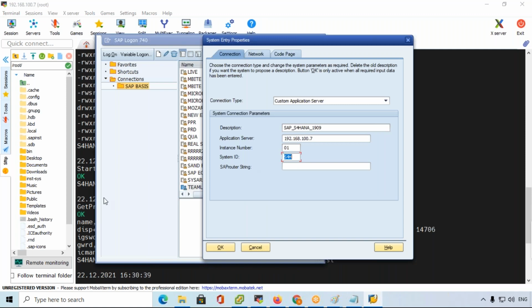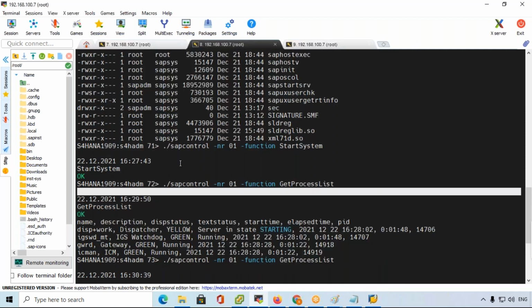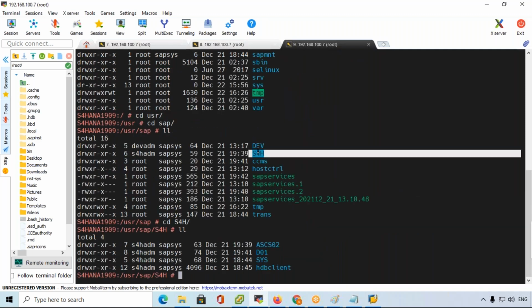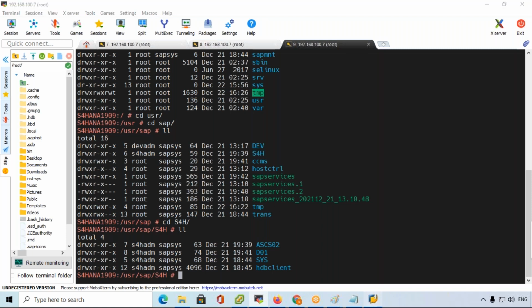System ID S4H. The system ID we already discussed, S4H. This is also a system ID, but this is not the SAP system ID. This is the HANA database system ID. This is the SAP system ID. Okay, so S4 HANA, S4H.